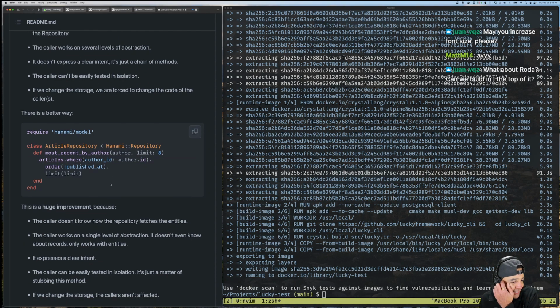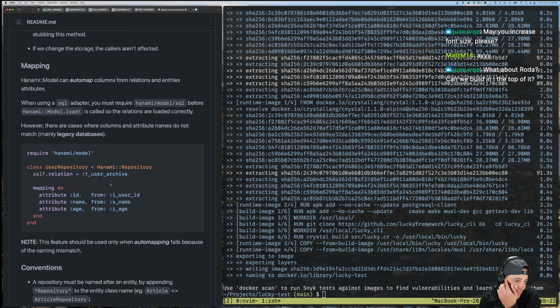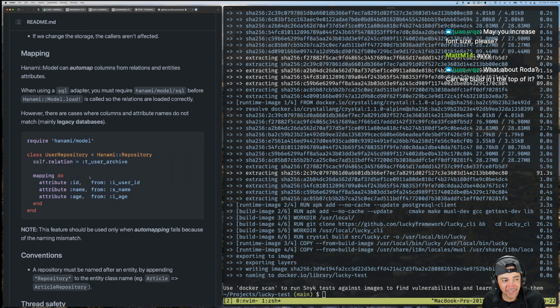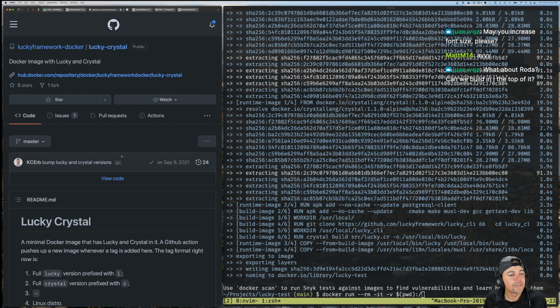Yeah, I like the way that they are thinking. I like what they're doing. I like this too, mapping do. I think about this all the time. Why is the schema not in the thingy? But yeah. Anyway, so all right. So let's start it up. Docker run rm it. Let's mount a volume because why not? Let's look at what the volume is actually supposed to be. What is it? I don't even know.